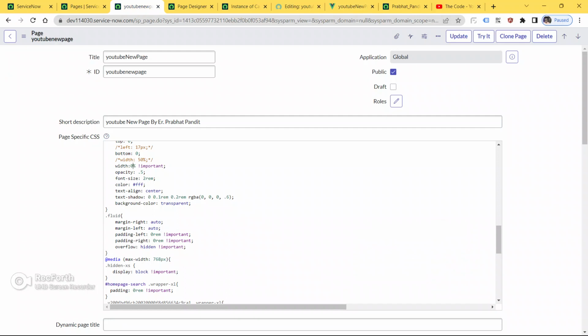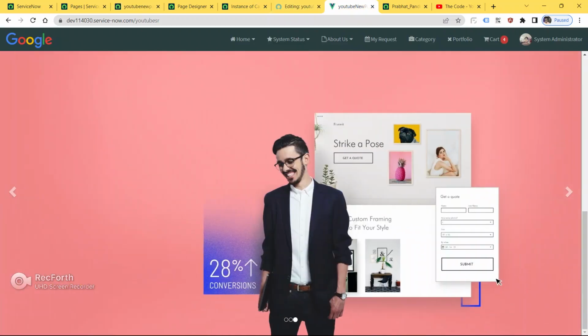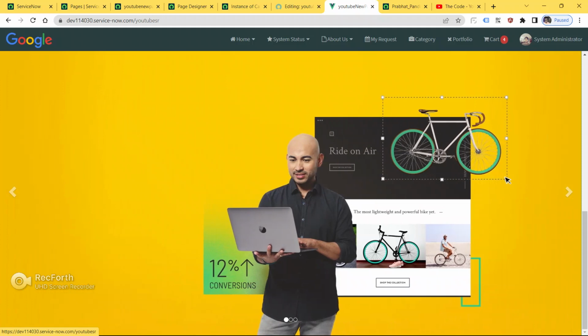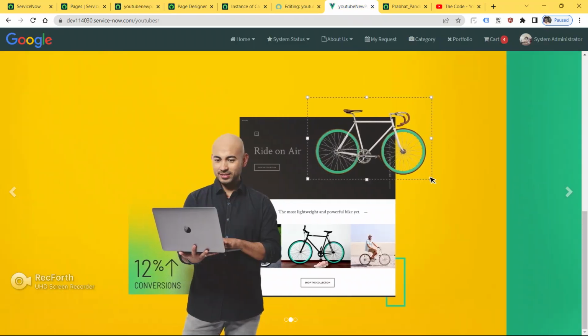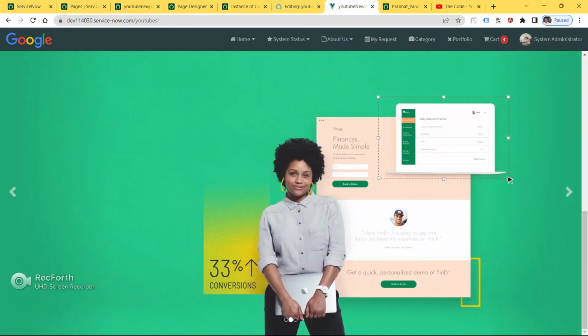To hide that, I have given margin right auto, margin left auto, padding left 0 rem and padding right 0 rem, and I have given overflow hidden, so that we don't see any horizontal scroll bar. That's why I have given overflow hidden here.